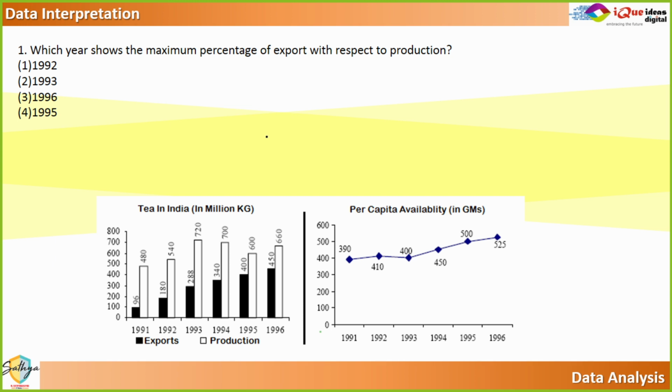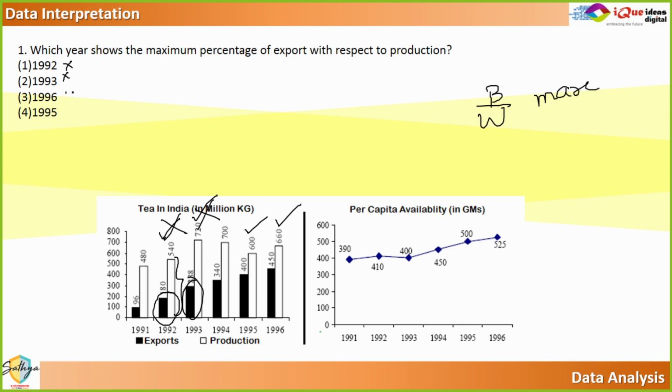Okay, so I need black upon white का maximum किस में है, right? So I am checking for the year 92, the year 93, the year 96 and the year 95. Now for 92 and 93, if you take a look at the graph, the black portion is less than half of the white, यानी कि 50% से कम है. In 92 and 93, the black portion is less than half of the white. That means the ratio is less than 50%. So definitely these two are not my answer.